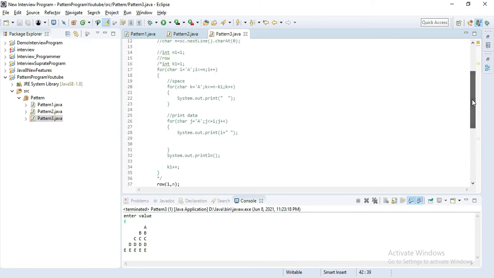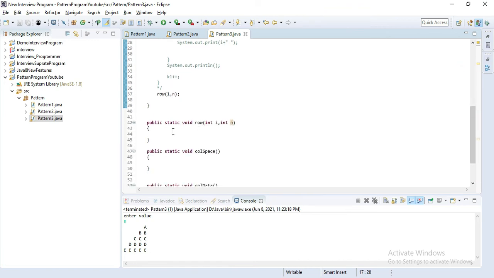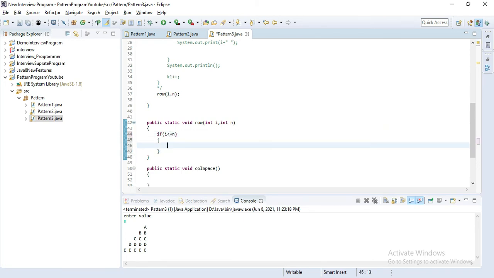Like we are using the condition i less than or equal to n, i plus plus, we will do the same thing here using an if condition. If i is less than or equal to n and it's satisfied, then the method calls itself and does the i increment.